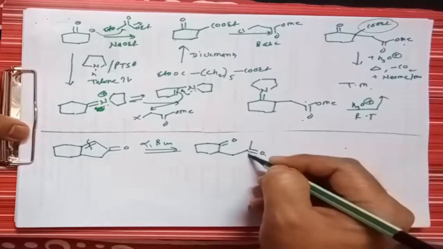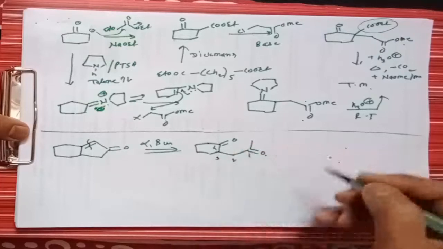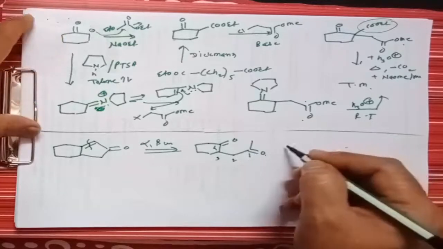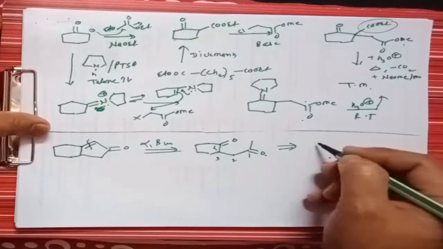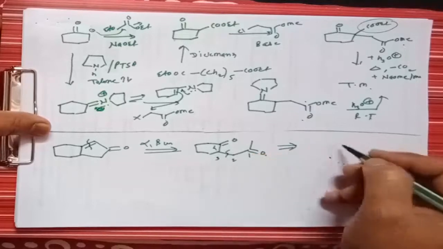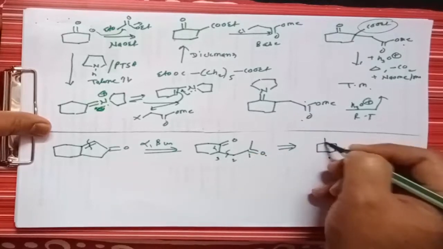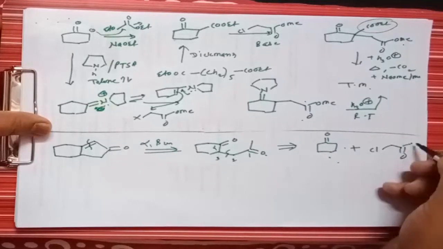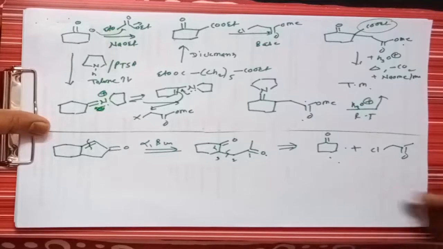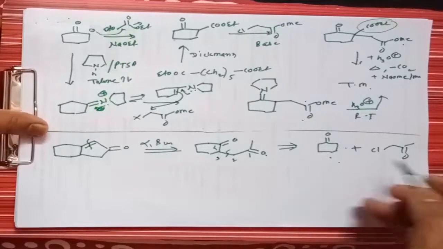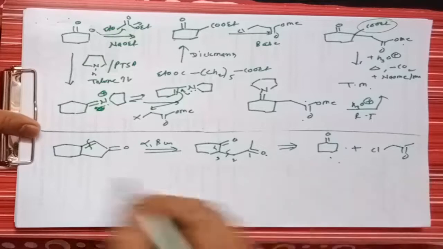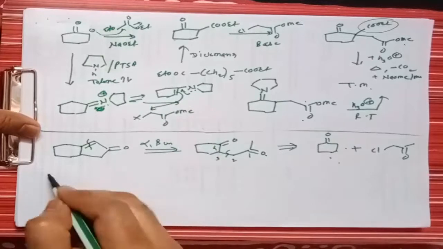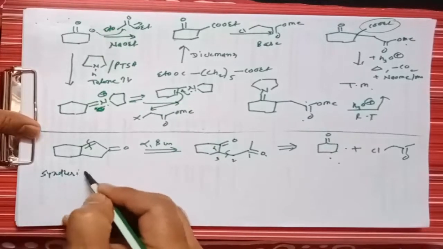Now if you see, this is 1, 2, 3 and 4, that is a 1,4-dicarbonyl compound, which is the same as this, right? So after breaking the C2-C3 bond, it gives a cyclohexanone, along with a good synthetic equivalent for this molecule, that is methyl. And for the synthesis you can use either the enamine approach or the activation of this cyclohexane ring. That means the synthesis will be the same as this route.